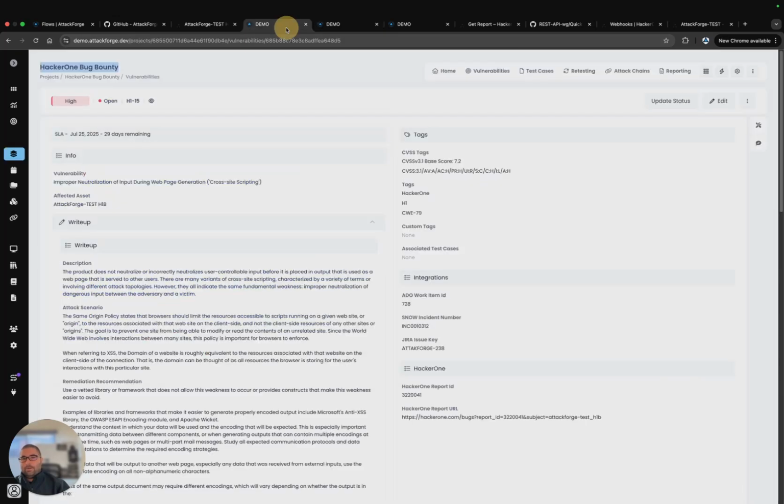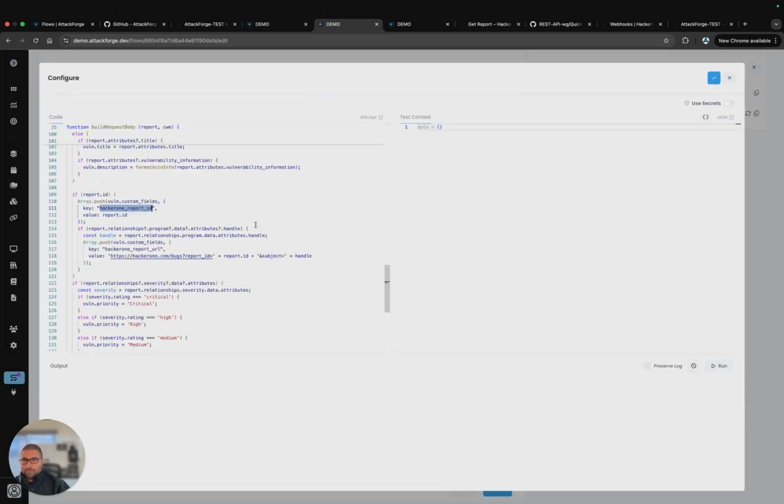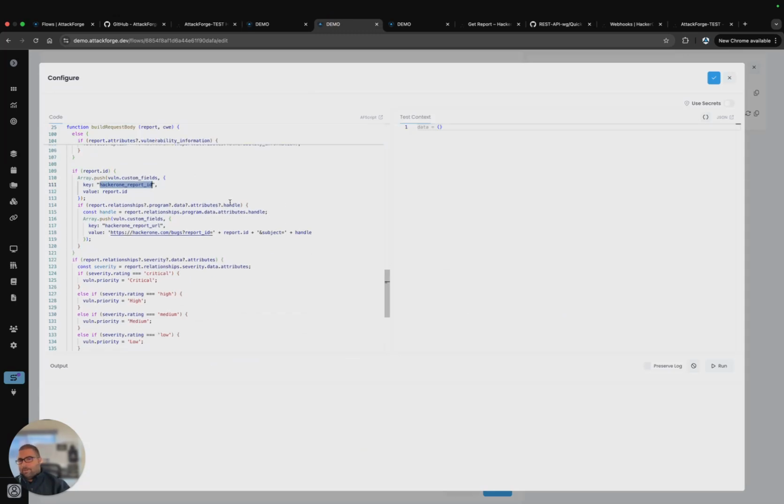The benefit there is to make it easier to know exactly what the ID was in case we need to correlate the two, or for potential future flows that may involve initiating retests or syncing or any other future communications there. And similar with the report URL, so we can see we're building that up and making that available